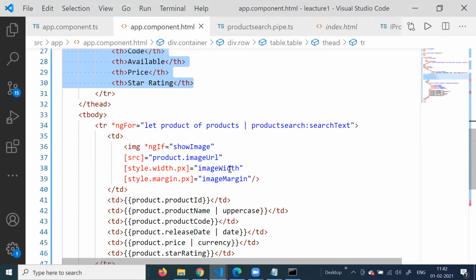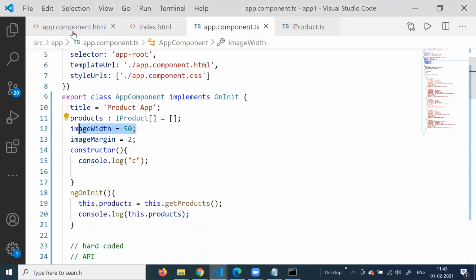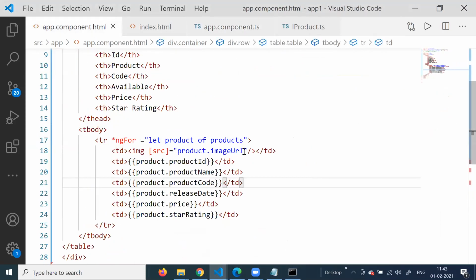So how we can set, anyone can help me? How should I set the width of this image? You just learned that. Tell me how, what should I do to set the width of that image? A square bracket. Style dot width dot px. Perfect. Equal to